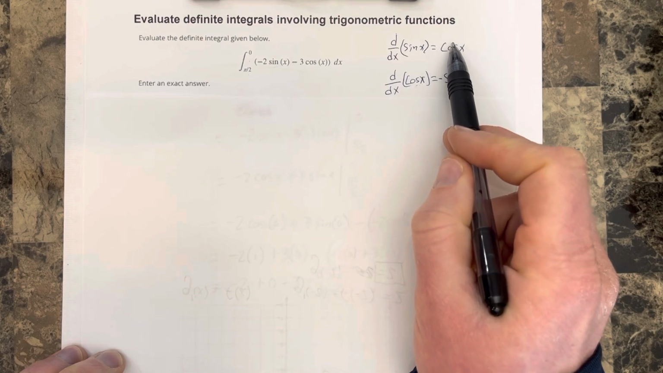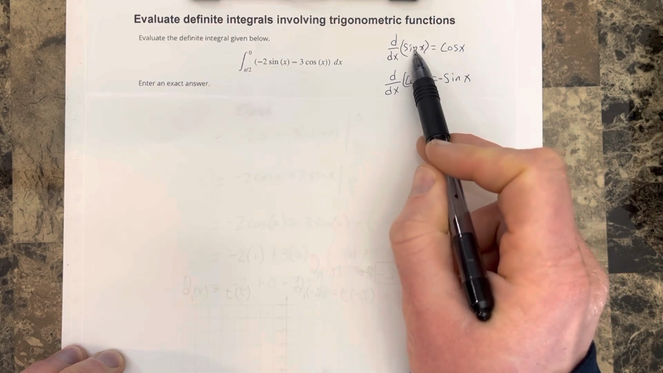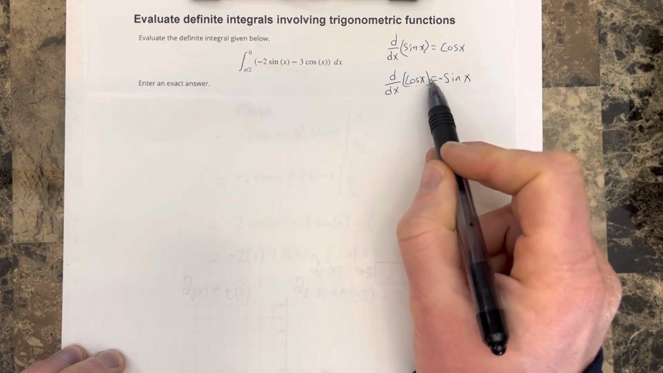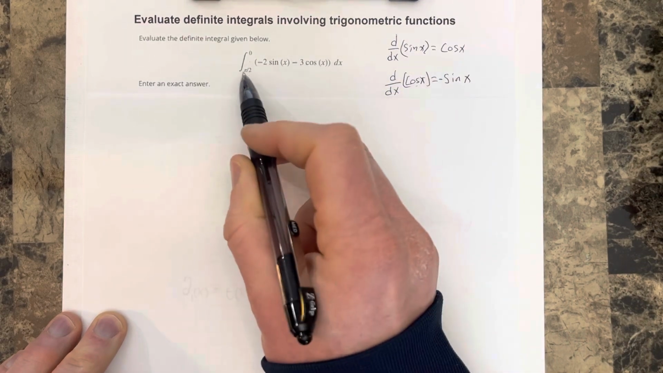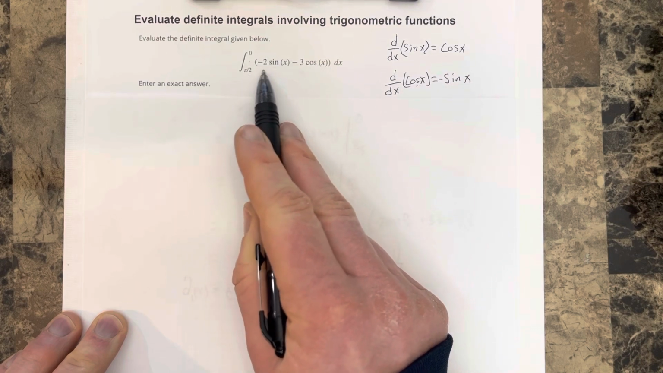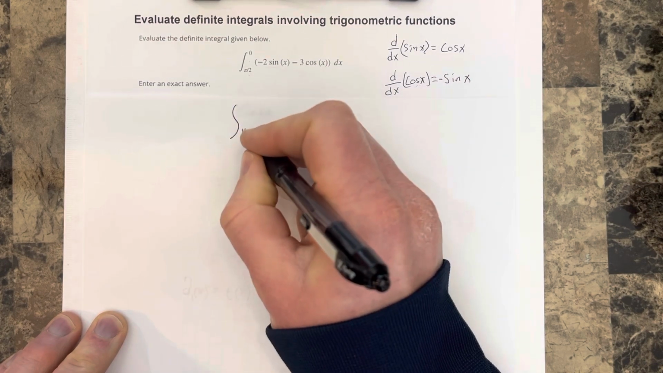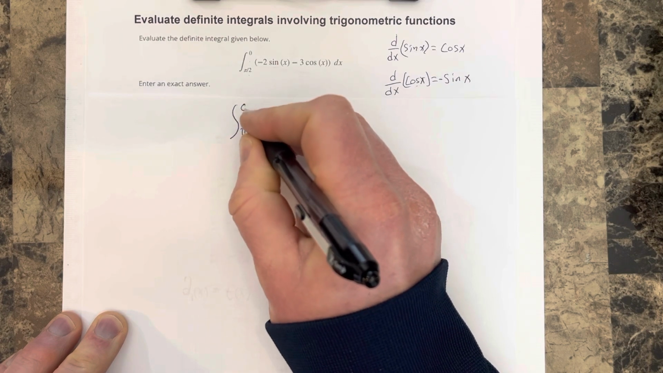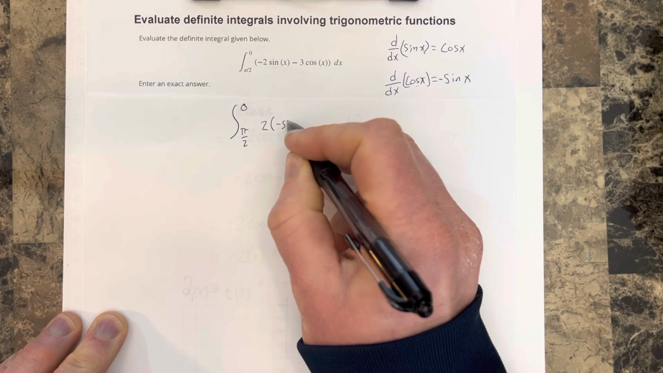Remember, the antiderivative is the reverse of this. So the antiderivative for cosine is sine, and the antiderivative for negative sine is cosine. So we're going to start by taking the antiderivative of this, and so I'm going to rewrite it as the integral from pi over 2 to 0 of 2 times negative sine